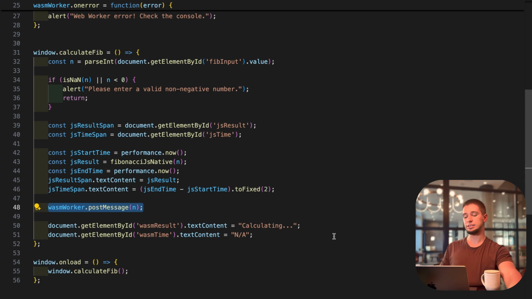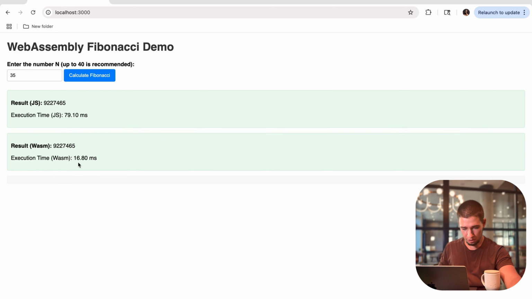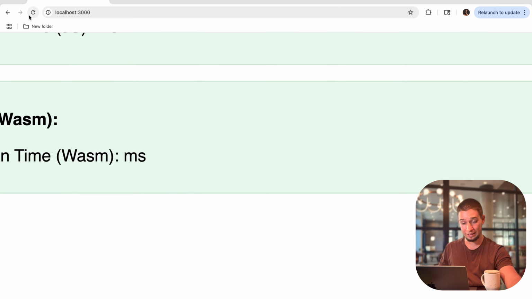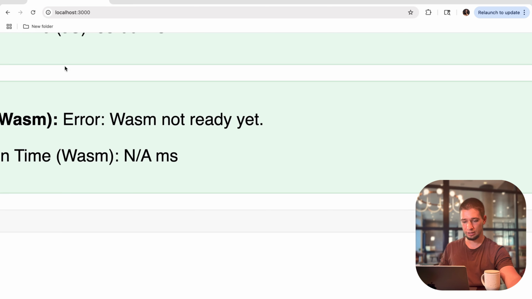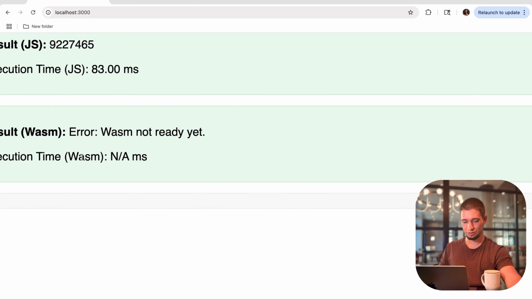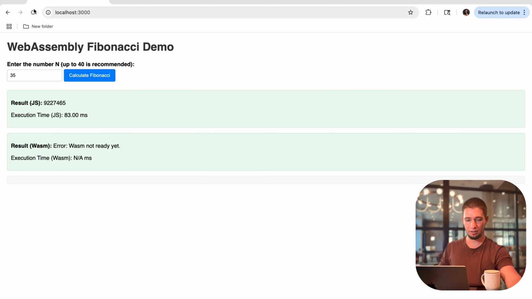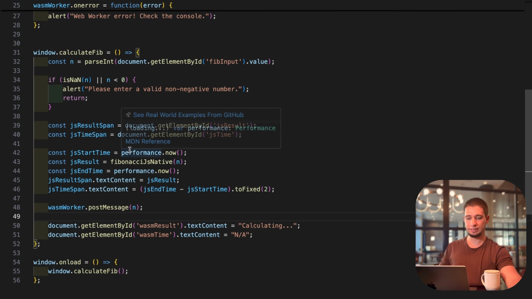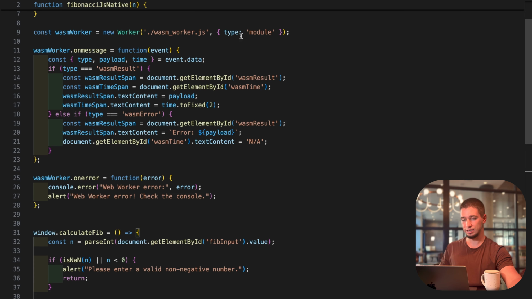And first we will write "calculating" and N/A to our time. And when you're going here, you can see that it is glitching a little bit. Do you see? And that's okay, that's good, because it is thinking. Right now we have an error because I think I was doing that too fast, probably. Yeah. So if we do that too fast, at one moment we have an error. But in any case, we're just loading our WebAssembly file, and let's discover how we have that in this very